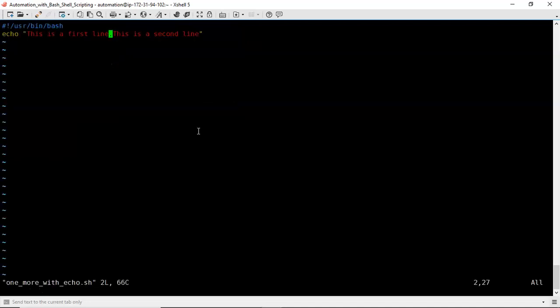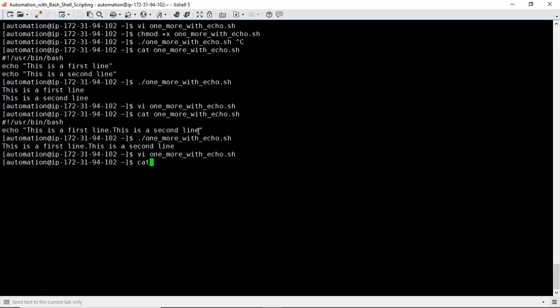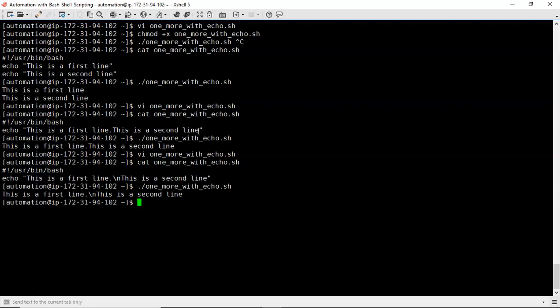But I can use a \n, a special backslash escaped character. Because of that, the next information you have after \n has to go to the next line. But see the result, it is not going and it is displaying \n as it is.